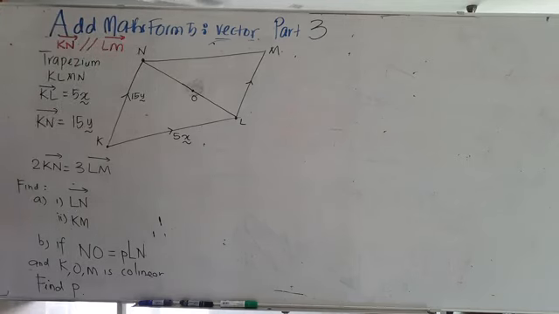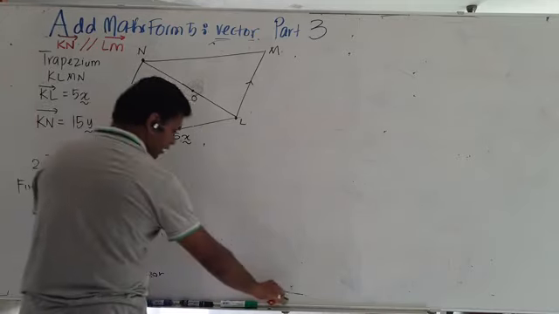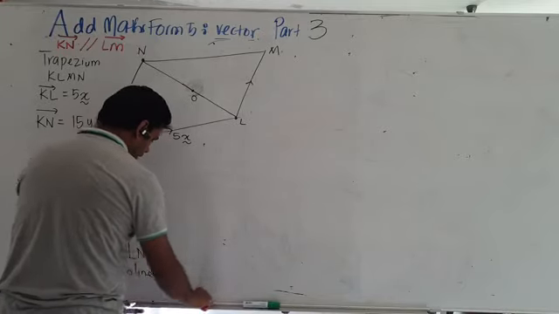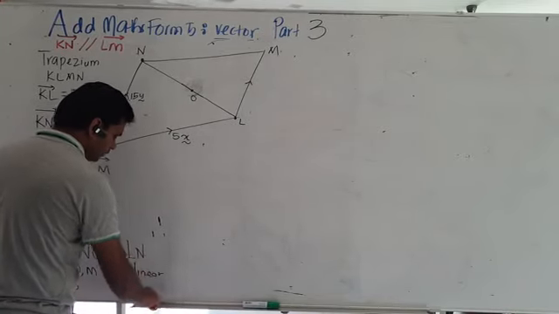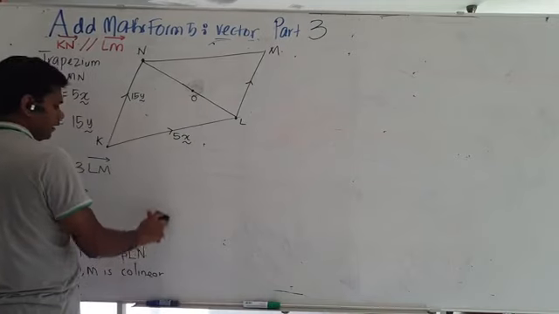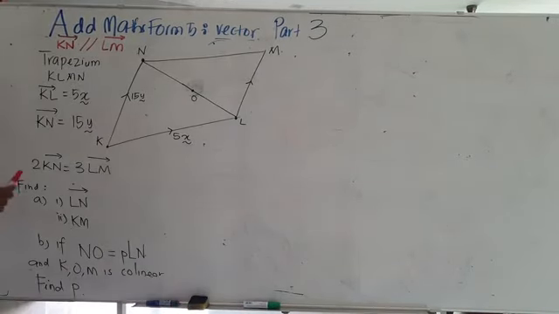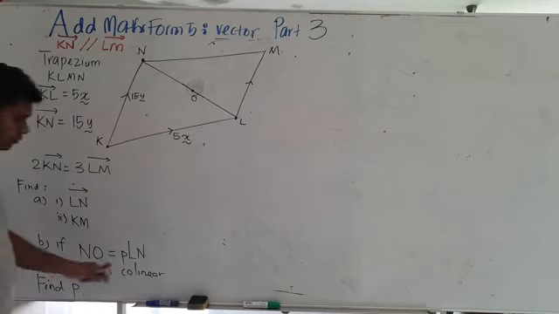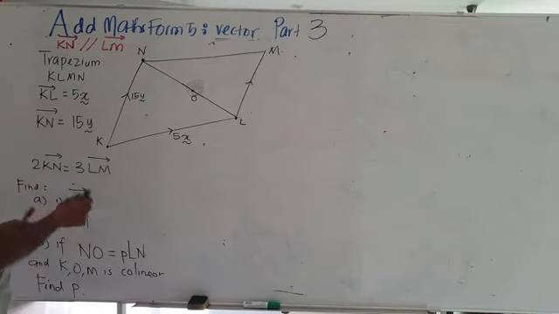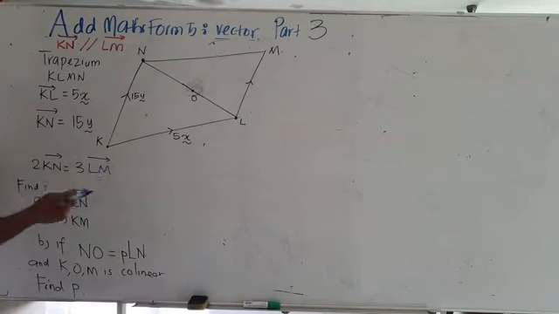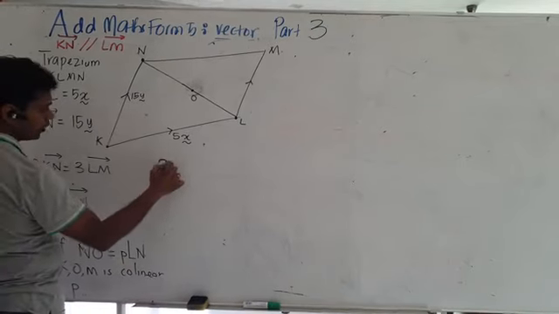What's the meaning of parallel? Parallel would mean the basic vector is the same. So that's called parallel. And what else do we need to know? Next, you're given something like this: 2KN is 3LM. What's the meaning? It's showing you the ratio, which means now you need to write it down properly. Don't simply assume, because some of you will assume that KN is 2 and LM is 3. So be careful here. Let's take a look how I do it.